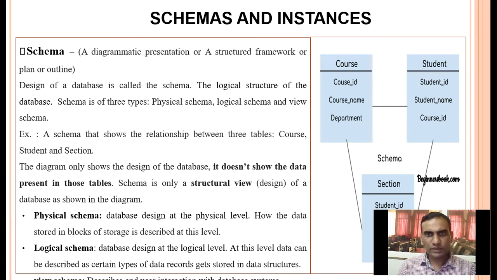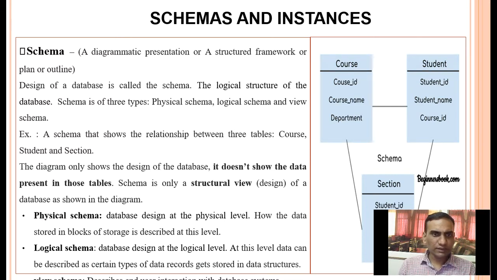So these three users have three different views. So here we have three schemas: student schema, staff schema and the principal schema. These three users have different views of their database.